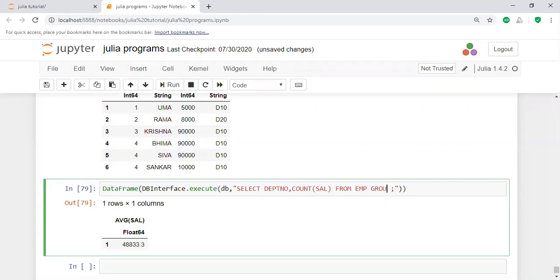Select star from EMP, group by the DEPT number. For example, execute this one.